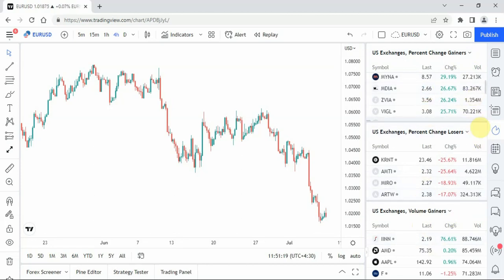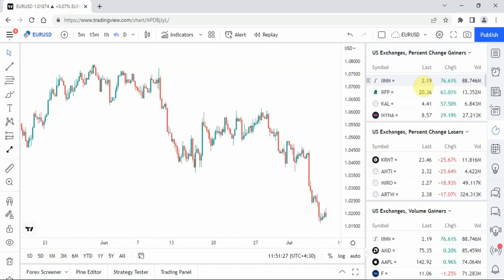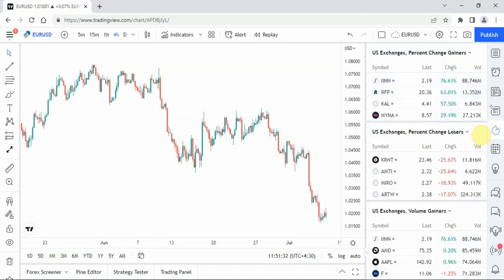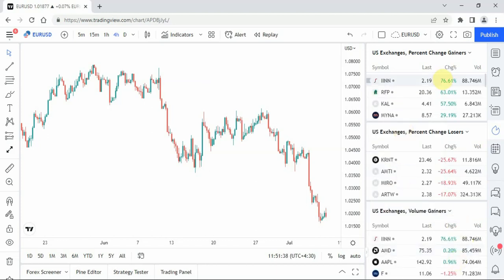For example, for the USA, US exchanges. In the upper window you can activate percent change gainers. For the middle window, percent change losers, and for the last window, let's activate volume gainers. This is how it's going. At the same time, you can watch three different